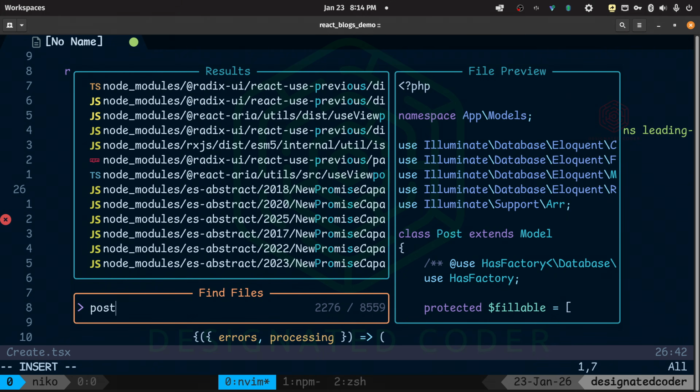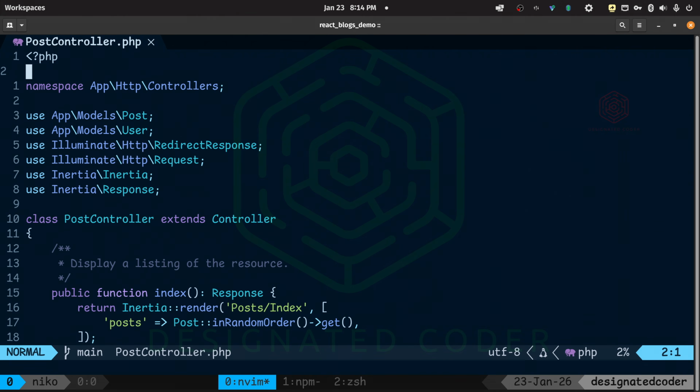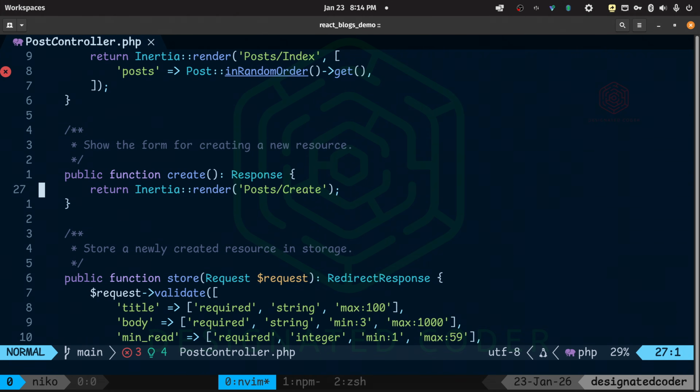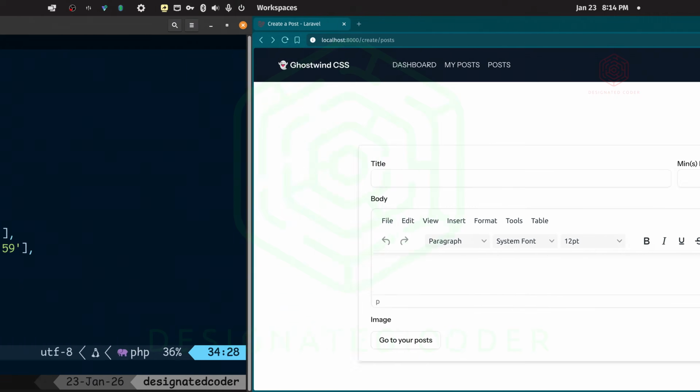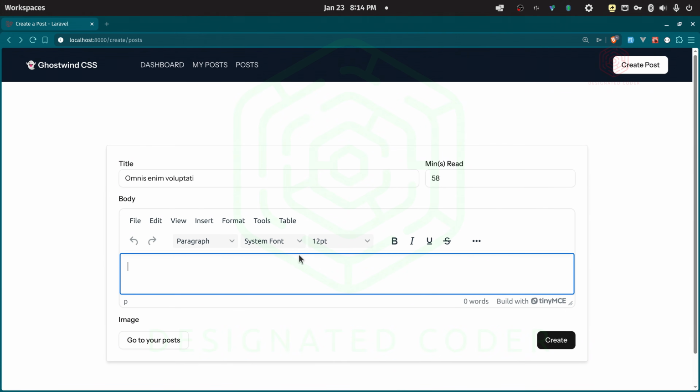Now let's go to the post controller just so that we can see it before we submit it. We are going to fill in some data, blah, blah, blah. And if we add some extra spaces in there, we can add images, and we can also add